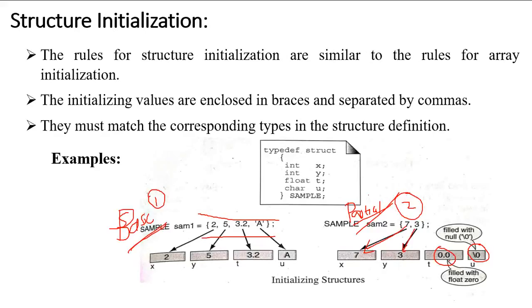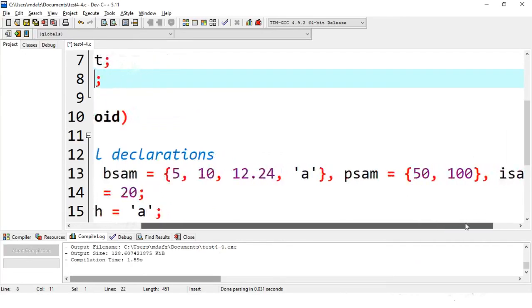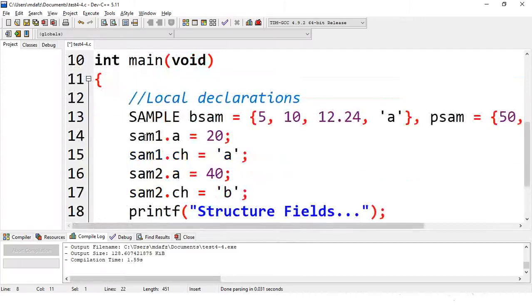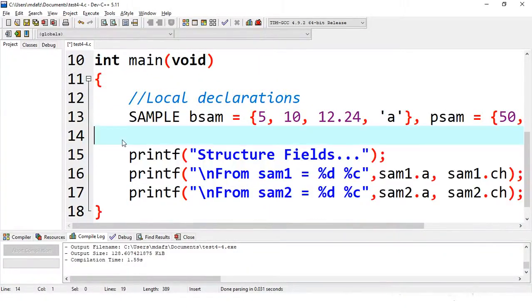Okay, so the next thing, quickly go to your program and see. Yeah, this is partial initialization. So for this ISAM, what do I have to do? I have to do the individual initialization. That individual initialization I am doing here. Quickly see. Individual initialization is nothing but using the dot operator, that is the direct selection operator. ISAM dot